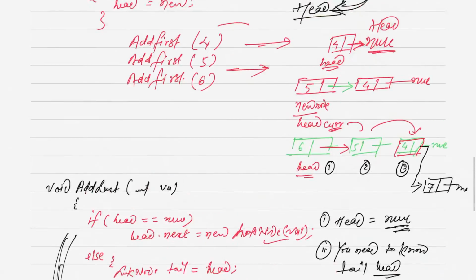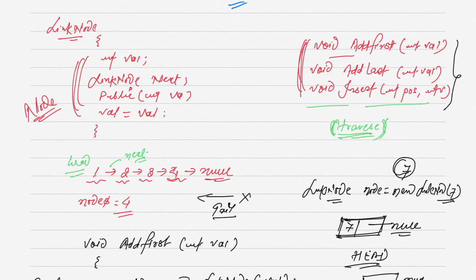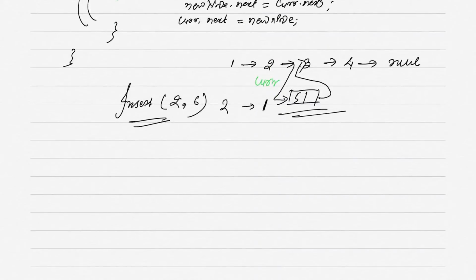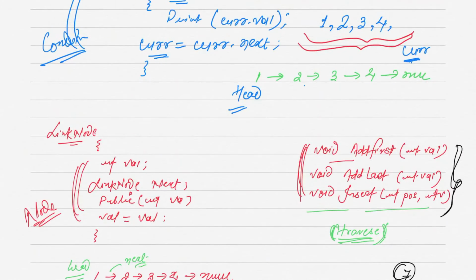So these are the 3 basic insertion methods, right? In the next video we will see how we are going to update or delete. These 2 functionalities we will see, and we will try to implement these 2 methods. So this is all about insertion. Even if you are given any position, or sometimes you will be given one node, you can find this node and insert at this specific node. That also we can do.